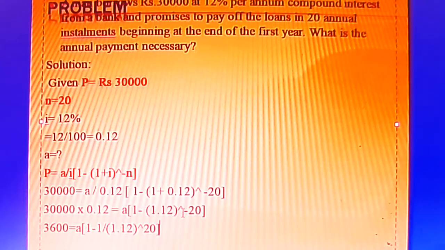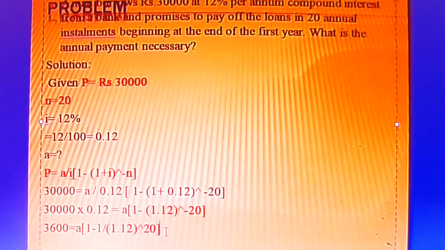So this 1.12, the whole raised to the power, this term, what I'm going to do, I'm going to bring it to the denominator because the power is negative 20. I'll bring it to the denominator. So this can be rewritten as 1 divided by 1.12, the whole raised to the power positive 20. Do you see the difference? It is positive 20. I brought this to the denominator. Okay, you can have a look.